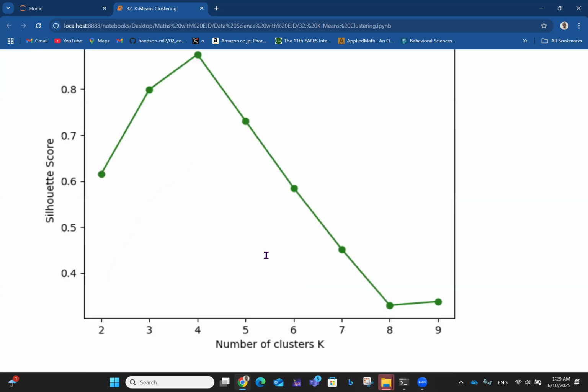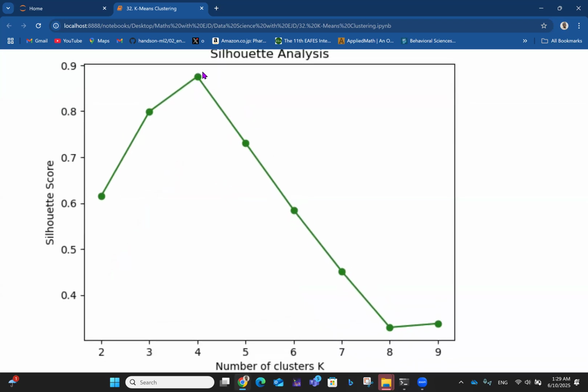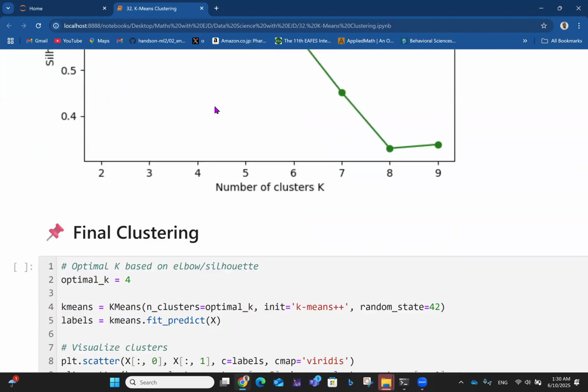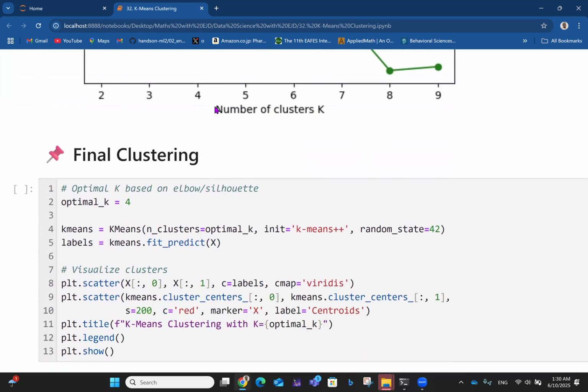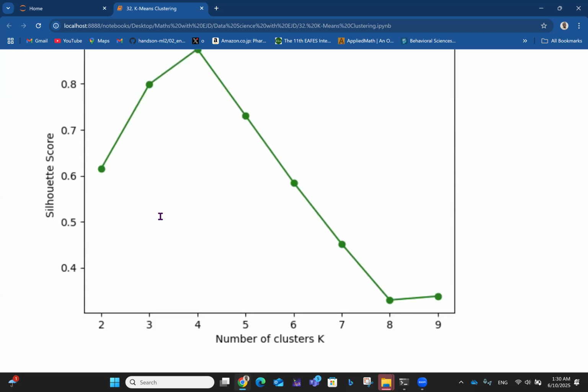Okay, so we see all of this. So you see again that the top value is also around 4 here. So that means the silhouette can be something like 4, so the K can be around 4 because it's like the peak value around here. So with all of that done, we have seen that the optimal K is 4, using both the elbow method